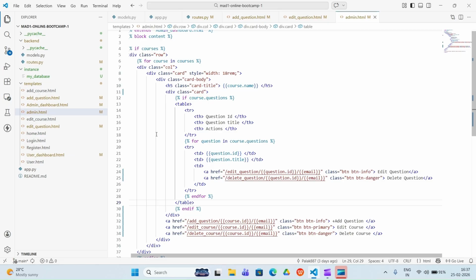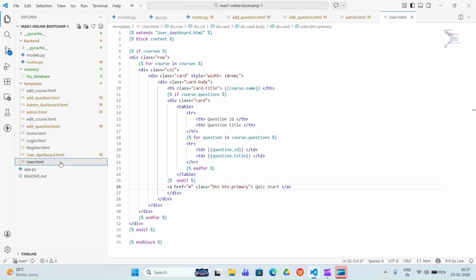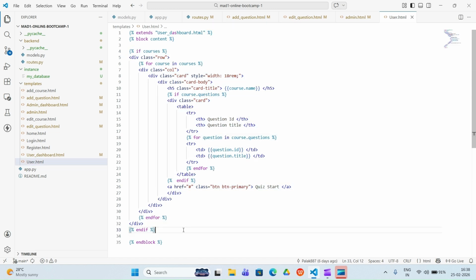Now, what we are going to see is that we are working on the admin.user.html. We have completed the admin dashboards, CRUD operations for courses and questions, and now we are going to see how a user can go to a particular question and start the quiz. So far we have created it so that a user can go to a particular course and see the particular questions.